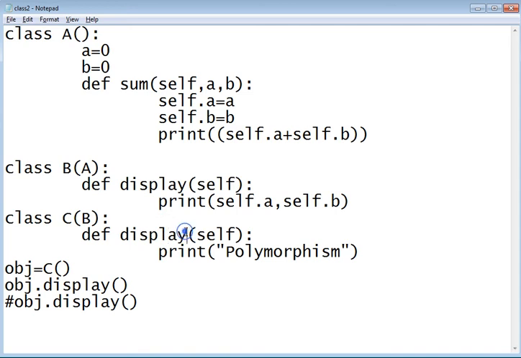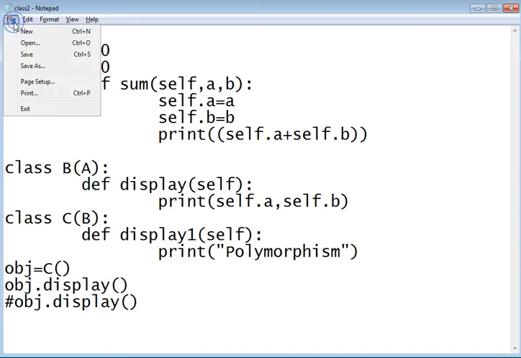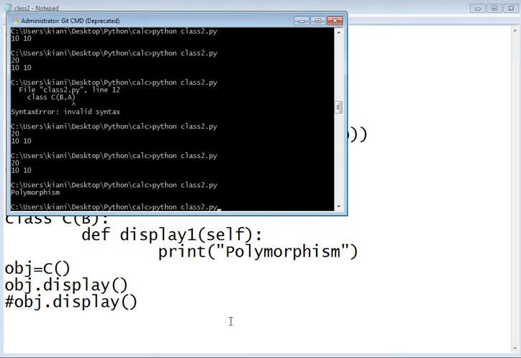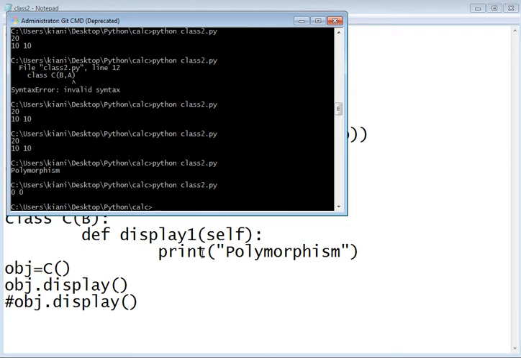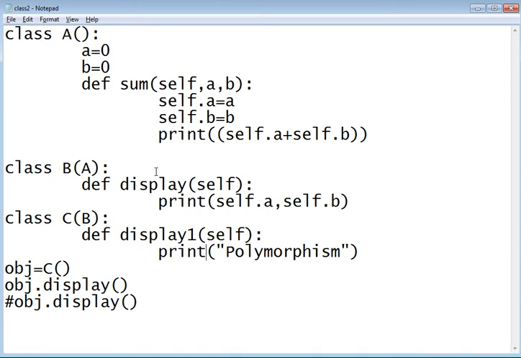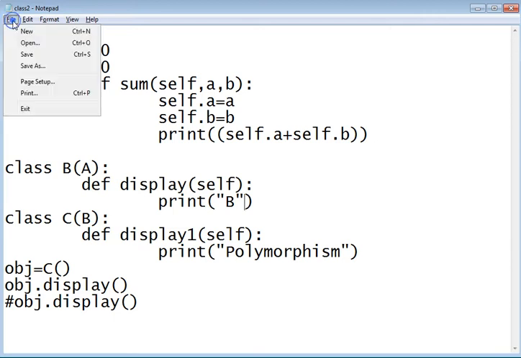If I change this display to display1, then it should display the A and B of B. So 0 0, because we have not set A and B. So if I call this here B, then you should see the difference.